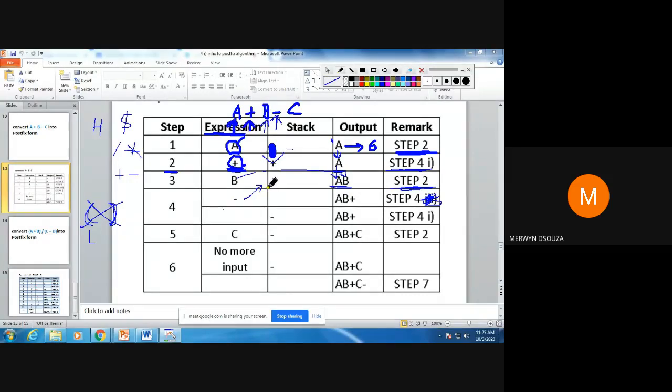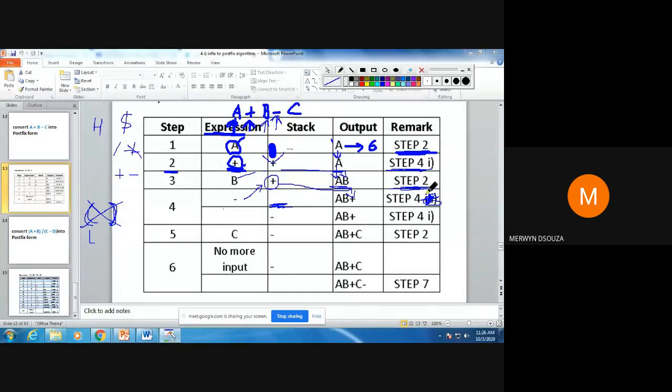So what does step 4.4 say? Pop the operator from the stack. So I pop this, and I put it in the output. After popping it and putting it in the output, the stack is empty.